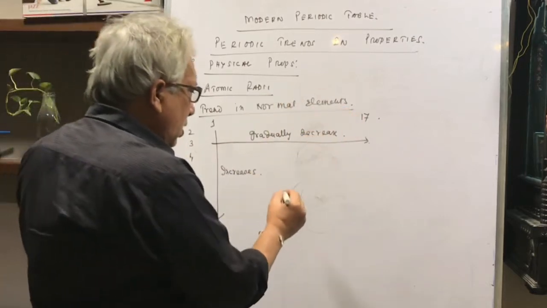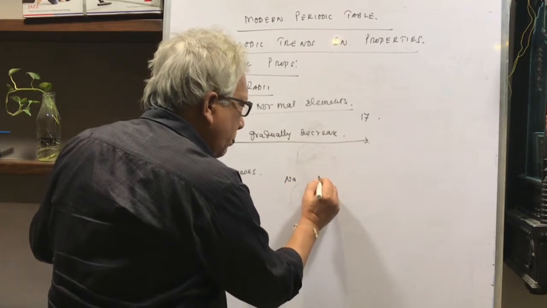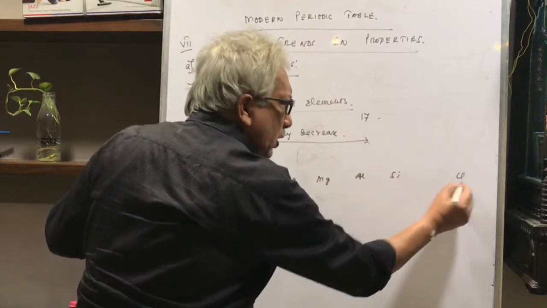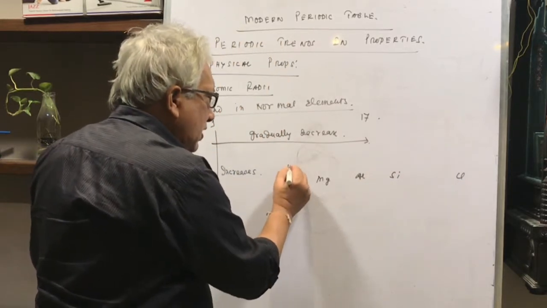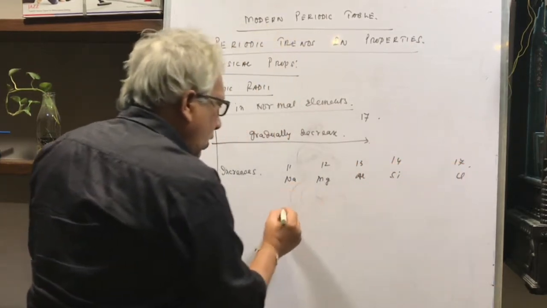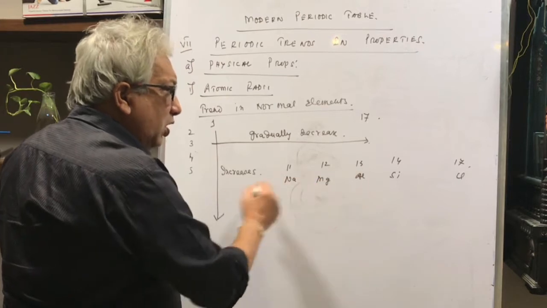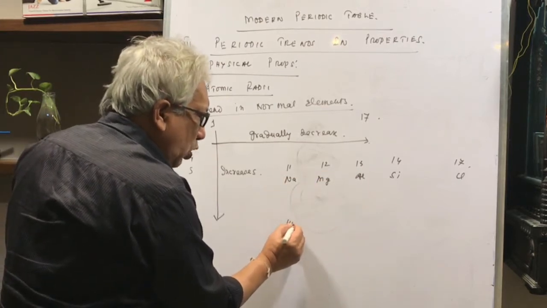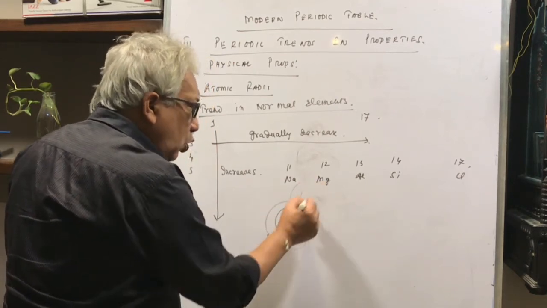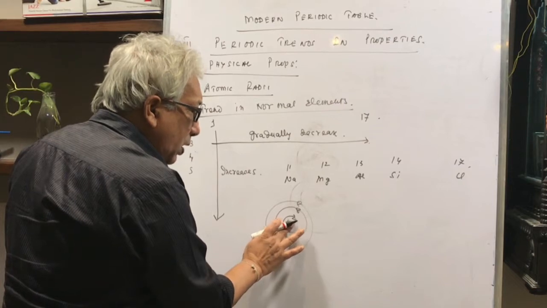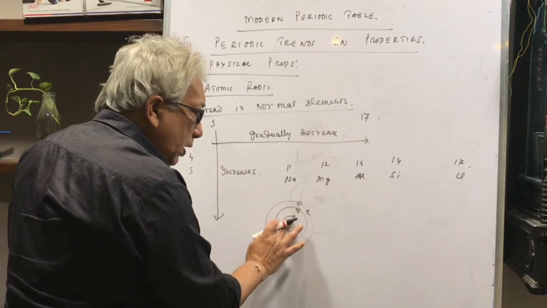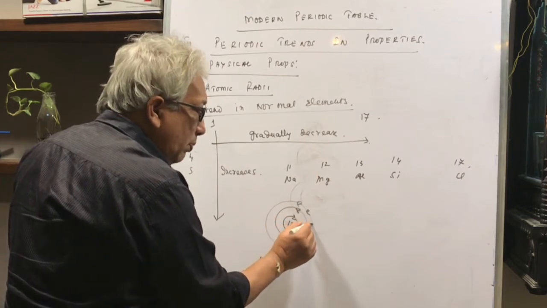So you will understand, the first element is sodium, then you have magnesium, then aluminium, then silicon, like that going up to chlorine, let us say. Here the atomic number is 11, here it is 12, here it is 13, here it is 14, here it is 17. But in the case of all of them, the third shell is the outermost shell. In the case of sodium, there are 11 protons, first shell 2 electrons, second shell 8 electrons, third shell 1 electron. Now when you go to magnesium, what will happen? There will be 12 protons here and 1 more electron here. When you go to aluminium, there are 13 protons here and there is 1 more electron.